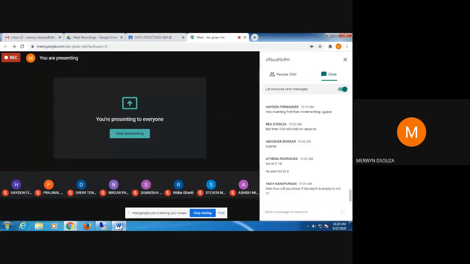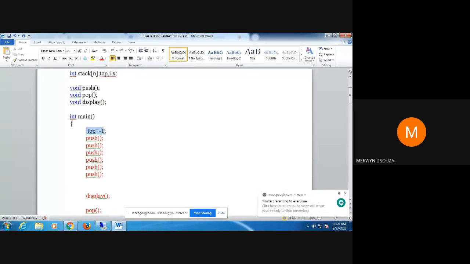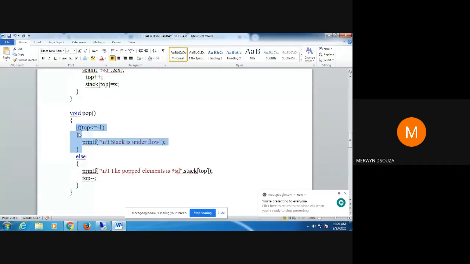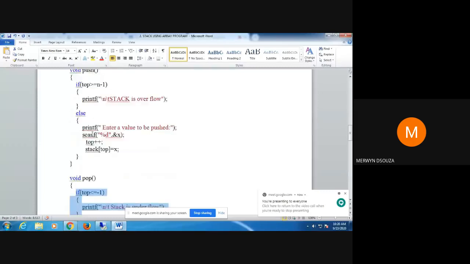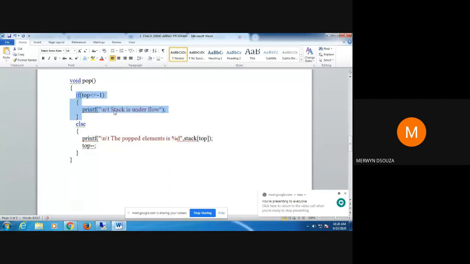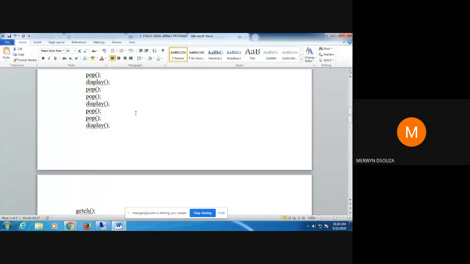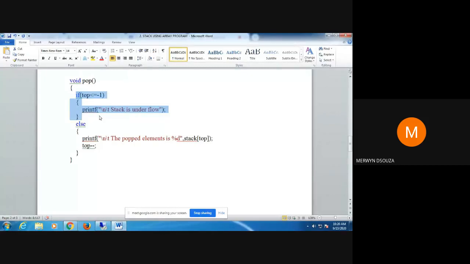Now the only problem for you when you make top of the stack equal to 0 is checking for stack underflow. How you will do that, you will have to think. Right now I say if the top value is less than or equal to -1, then it is stack underflow. If you make top equal to 0 and you start your programming, then how you are going to check for stack underflow, you will have to think. That will be the problem for you in your program.